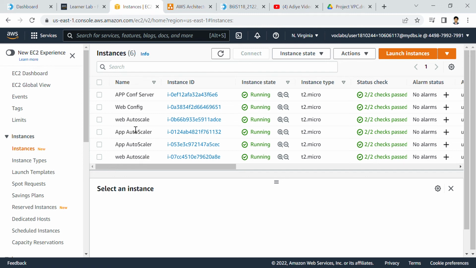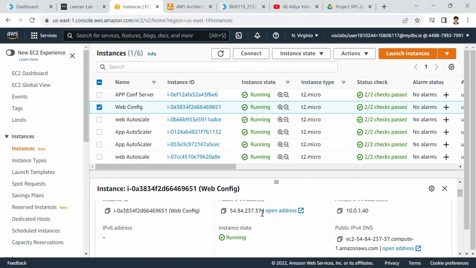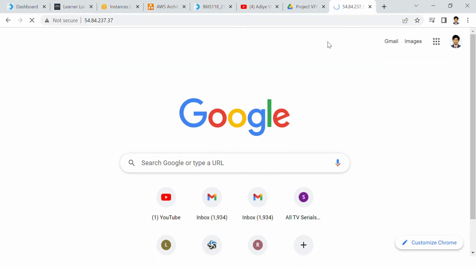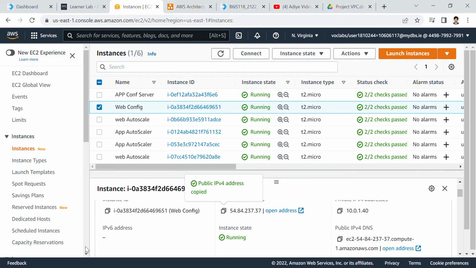Once you have created the instances, now copy the public IP and open it so that it will open in a new tab. You can see it opens. And now once you are done with the EC2 instances,